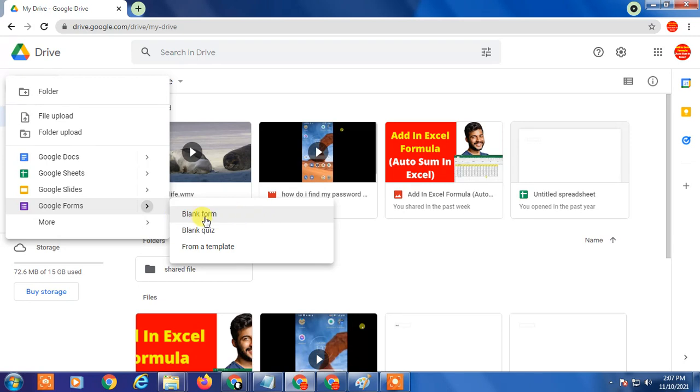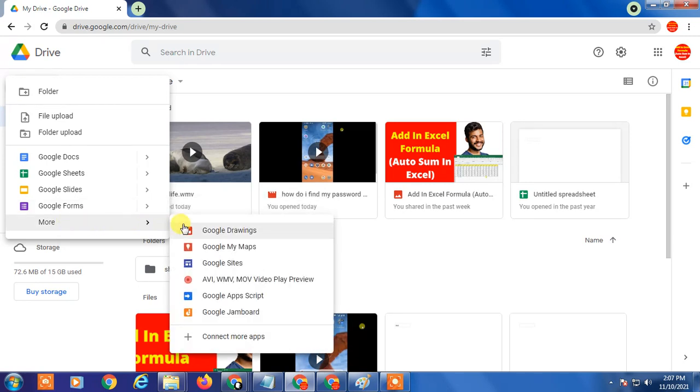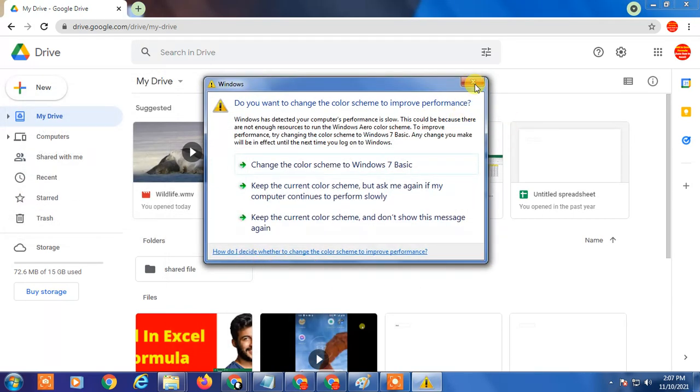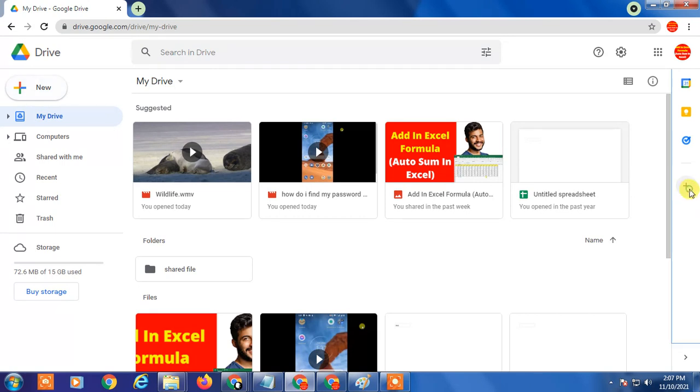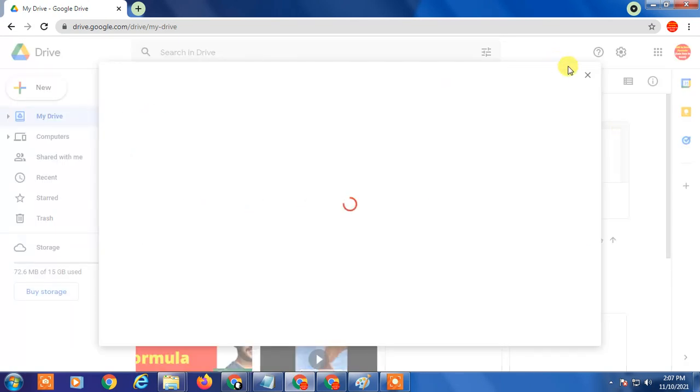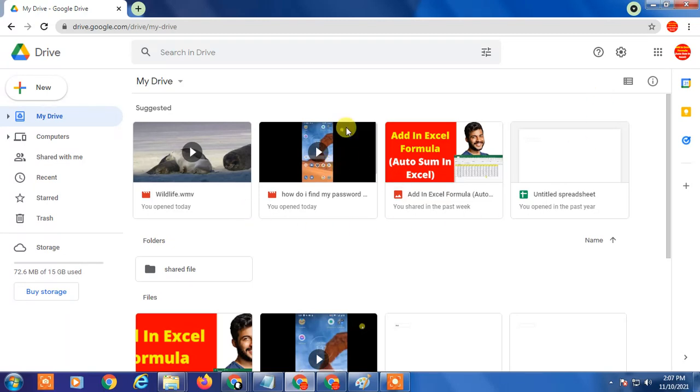So this is a form, and if you go into more, you can find drawing and map sites. This is an add-on, just ignore it. From add-ons you can add many useful software. If you are not able to play a video in Google Drive, you need to download it first.